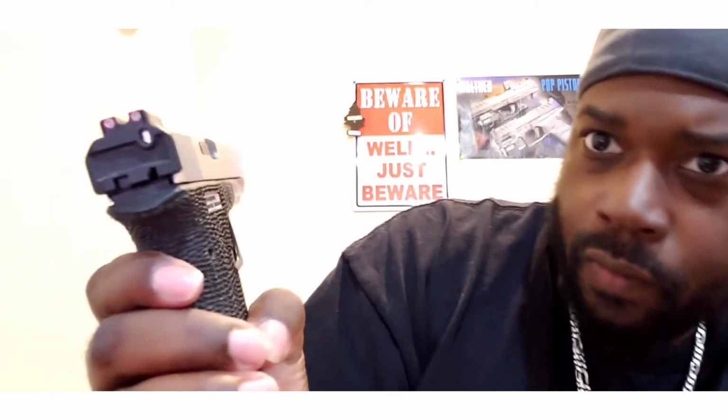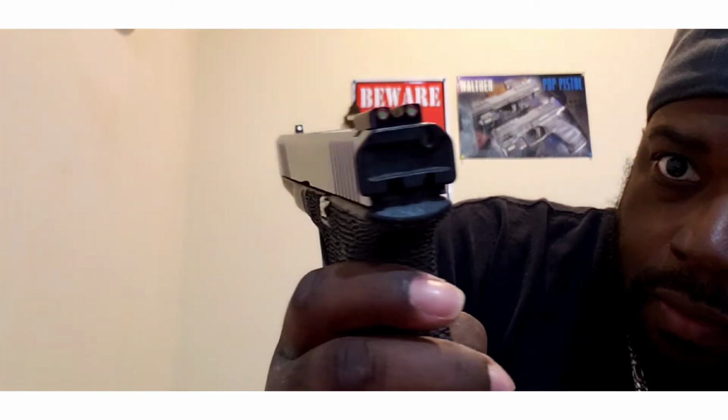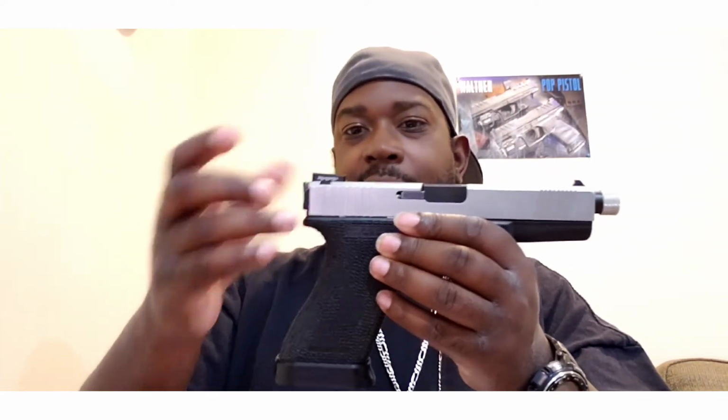So this here, as you see, that's a different back plate. It's a little wider, okay? So you can see, right, it's a little wider, and it helps in case I would have to say rack this off my belt or whatever. I have this now, so that's most likely where that would come from if I had to do a one-handed, if that crazy scenario occurred, right? But I have that as an option,